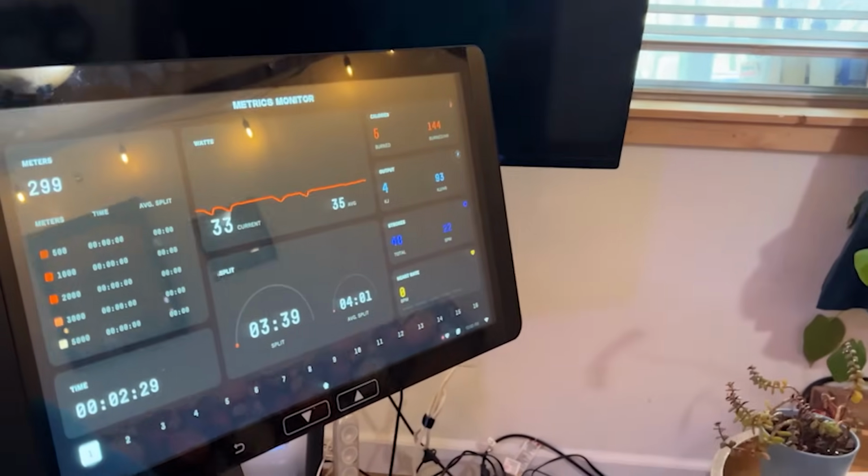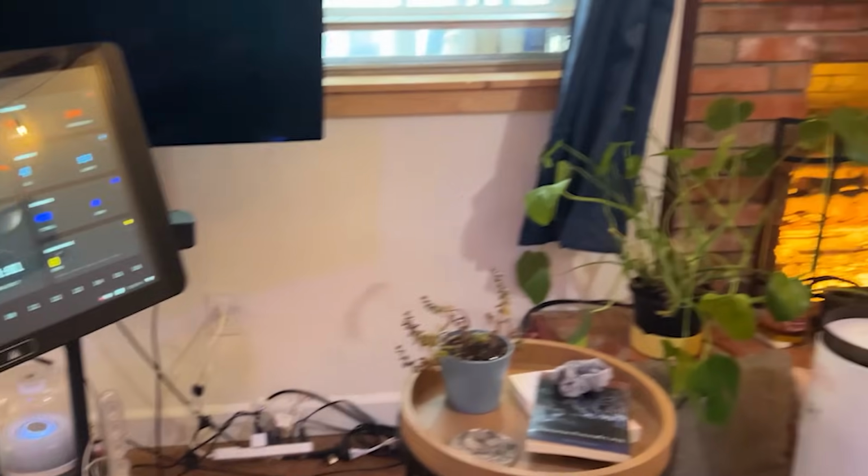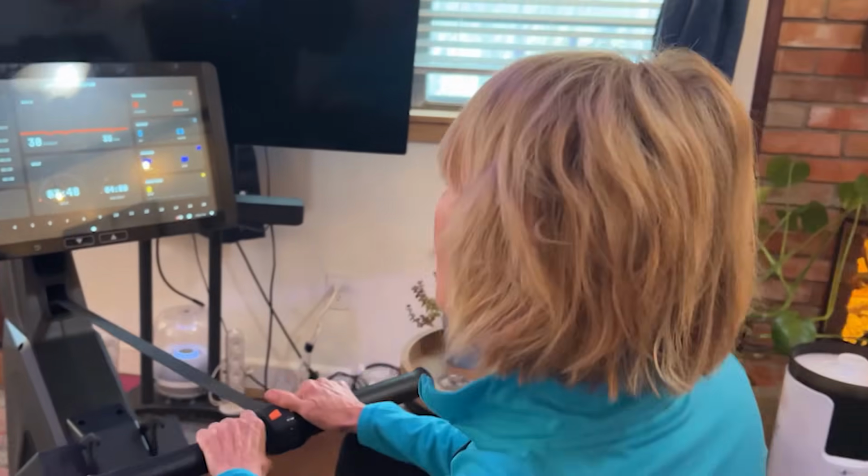So number one, that means I can have community. I can compete with hubs. I can compete with Stuart. I can compete with myself. If I'm somebody who likes to do something else while I'm working out, a multitasker, while I'm here, and let me demonstrate, I can do nothing but just look at my metrics monitor, but